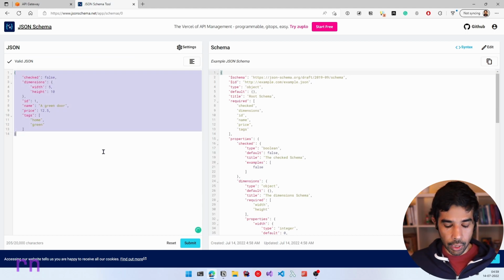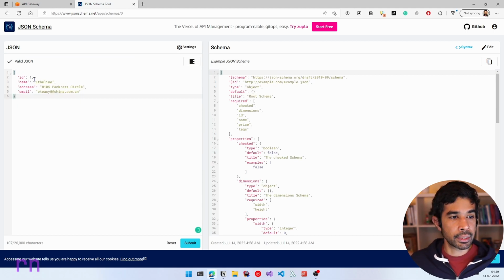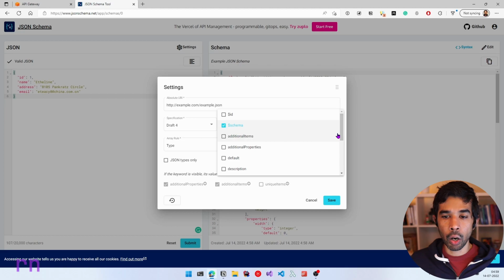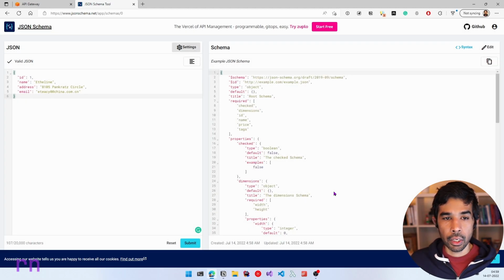So let's paste in our sample request type, which has the ID, name, address, and email. Let's select settings. The AWS API gateway expects a draft 4 specification. So let's select that. And it also expects only certain properties inside the schema. So let's select only that. In this case, I have selected schema, items, properties, and type. And let's click save. Now once we have pasted this in, we can click submit